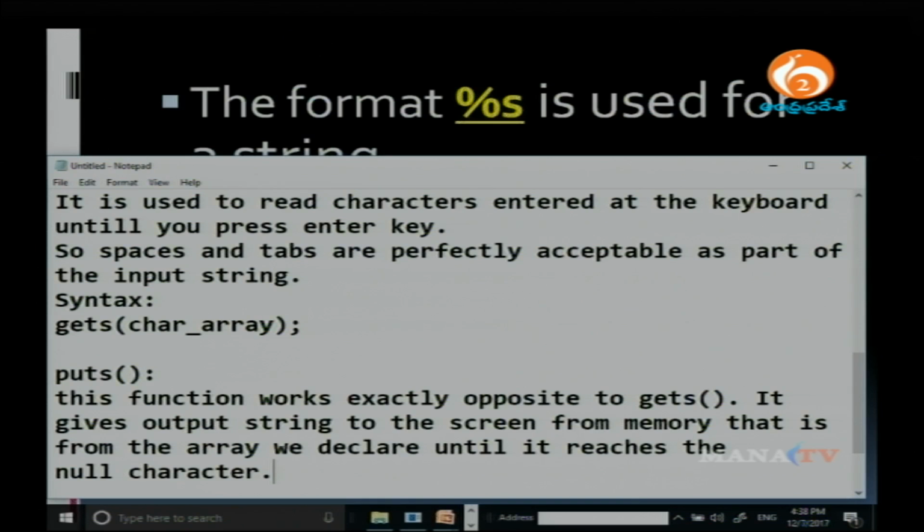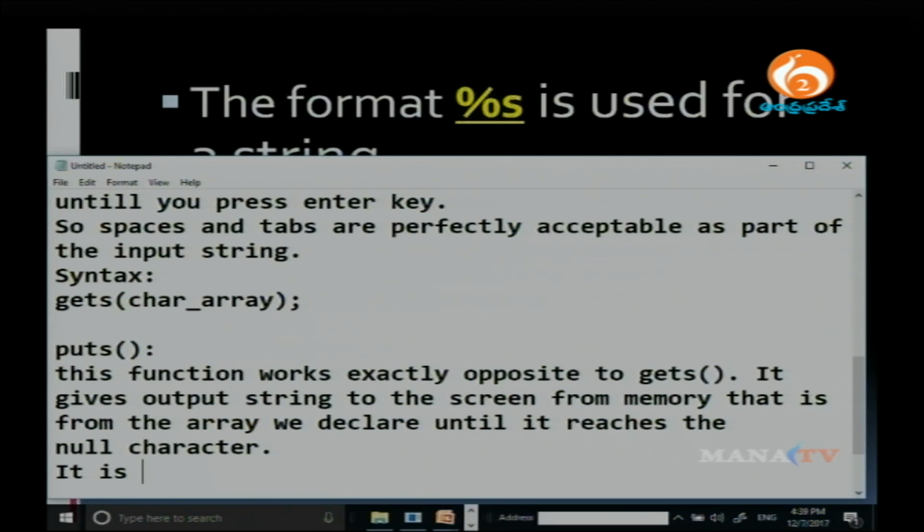Until it reaches the null character, that is the puts function. Puts is just like the printf function.